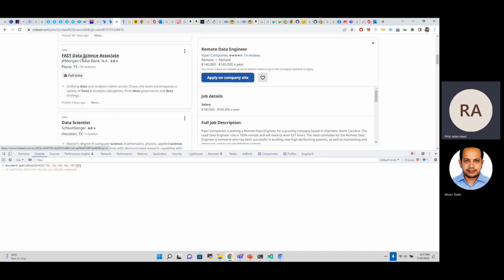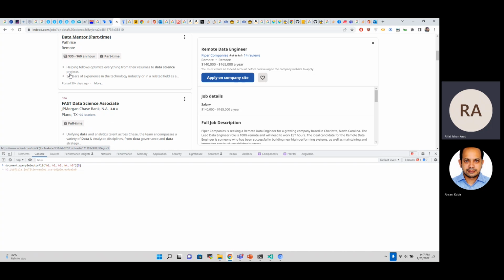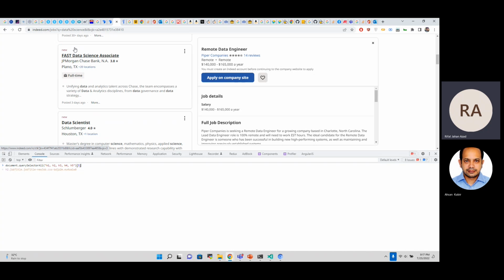The structure is pretty much the same for all the job titles. So we just try to target this region. How can we do that? And this is actually generic for all the sites. What we can do is